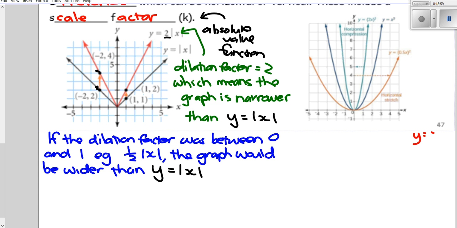Y equals negative 2x squared. It's like the light blue one, but flipped upside down. So that should be a negative at the front there. Okay, there you go. So what that's meant to be is y equals negative